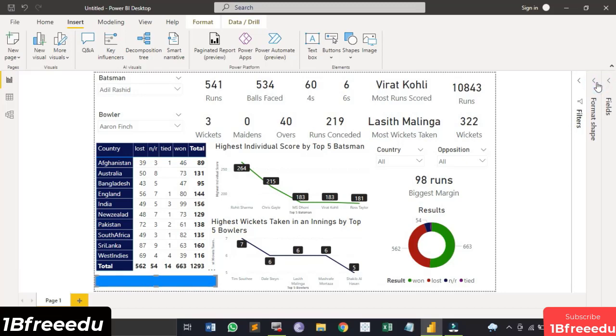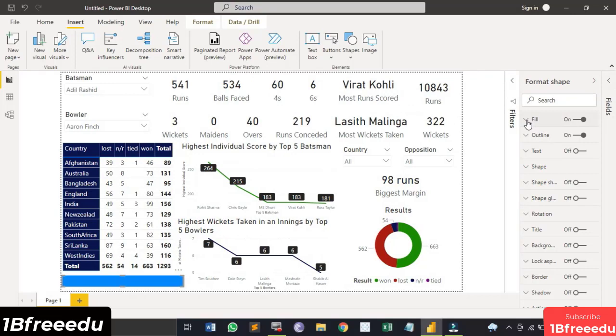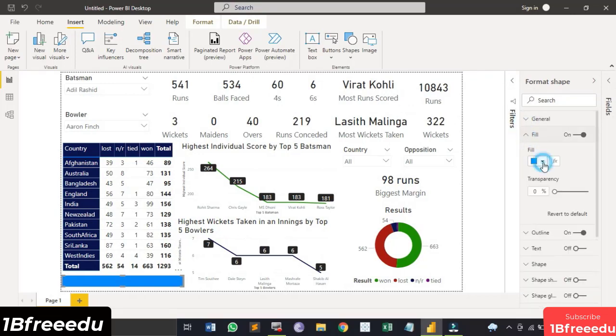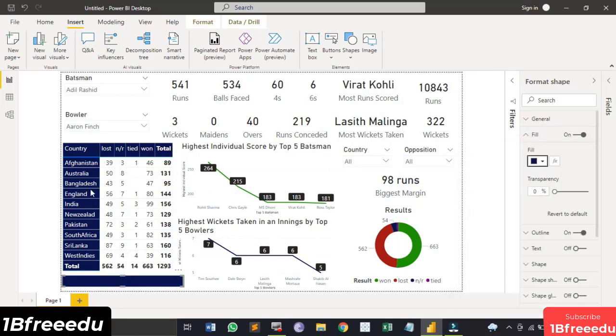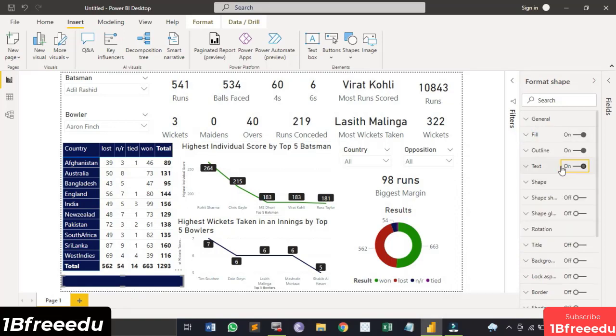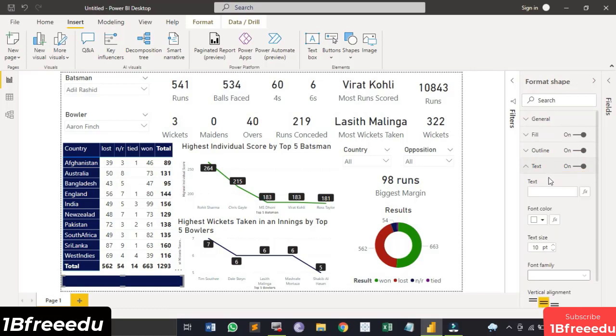Here, go to this format shape option. If you want to change the fill color, you can just go to this fill option. Here is this color. Let me just get a darker shade of blue, that's been the prime in this whole report. And then if you want to add some text, make sure to toggle this text button to on.